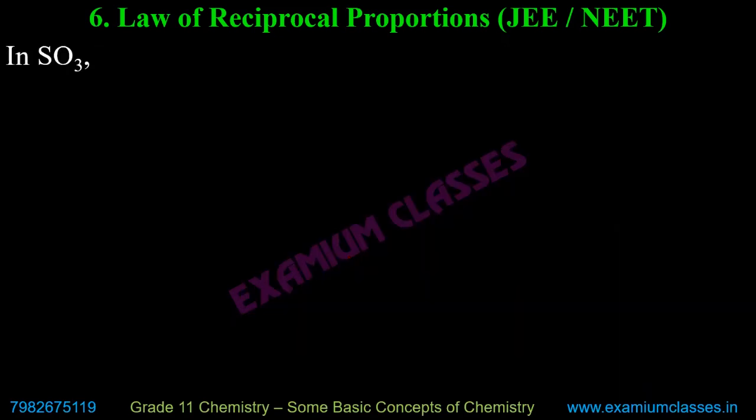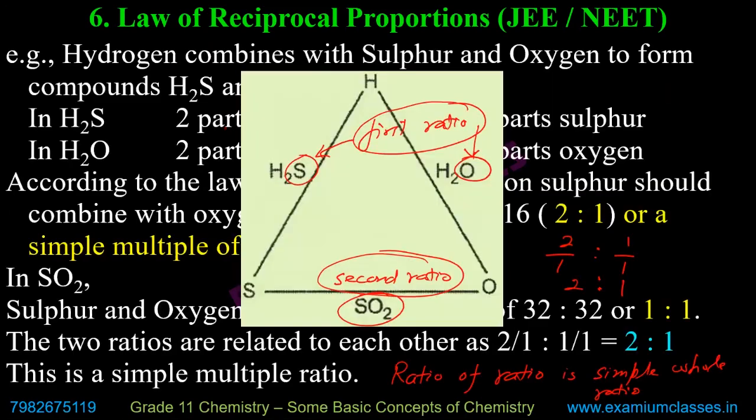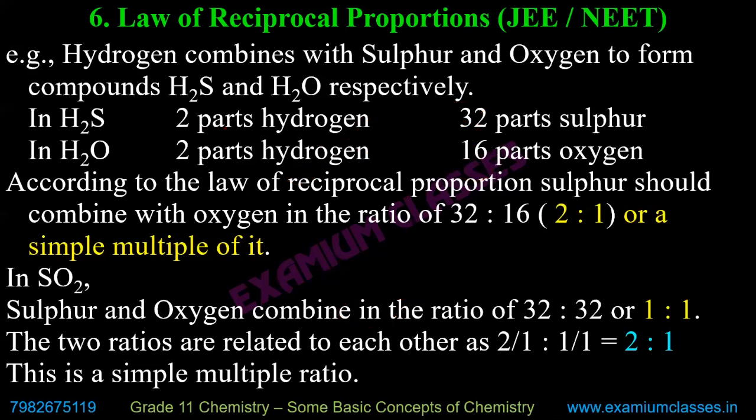Understand it with SO3. The same thing. In SO3, it is 32:3 into 16, 48. That is 2:3. And when sulfur and oxygen were in H2S and H2O, the ratio of sulfur to oxygen was 2:1 when they combined with hydrogen. Okay? But when they combined themselves,